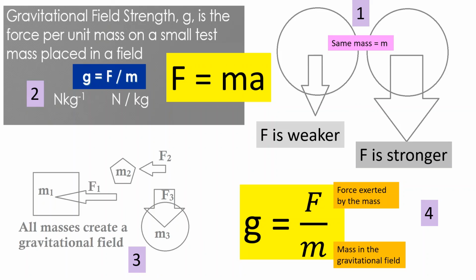If you look at m2, the mass of that pentagon has a mass m2. If a small test object is placed outside the object with m2, it would experience a force F2. And similarly for an object with mass m3, if you have a small test object